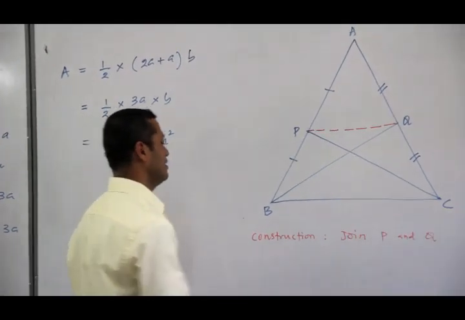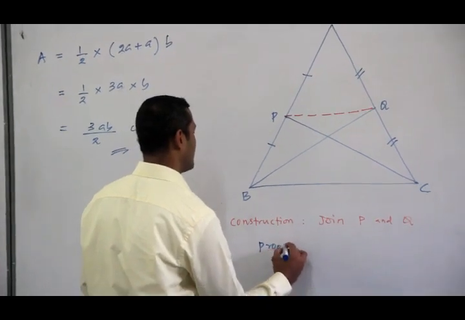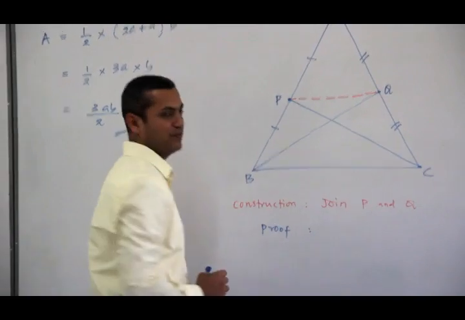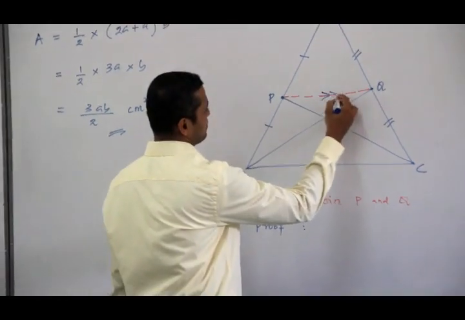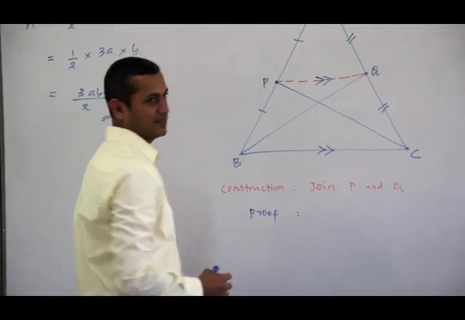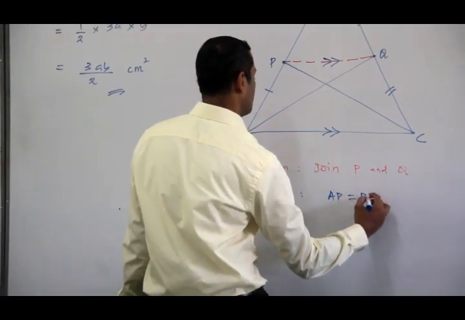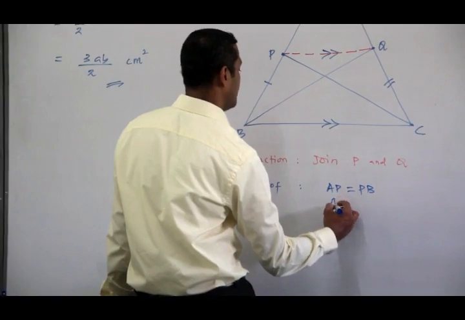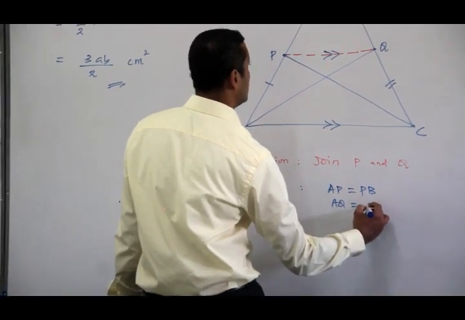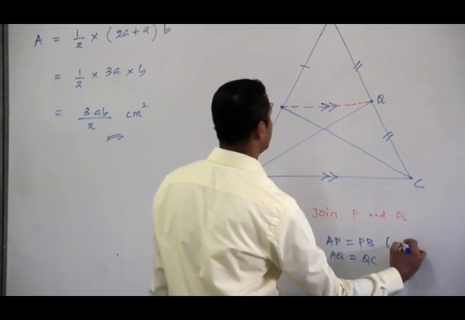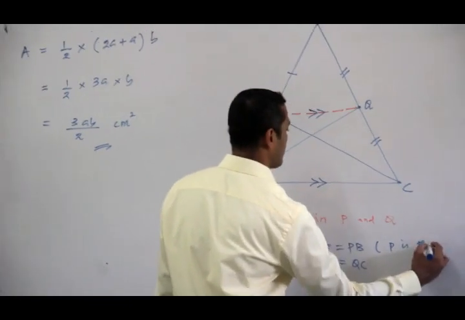It's very simple. How? Once you join the midpoints, according to midpoint theorem, this is parallel to this. You know, AP equals PB and AQ equals QC. Why AP equals PB? Because P is the midpoint